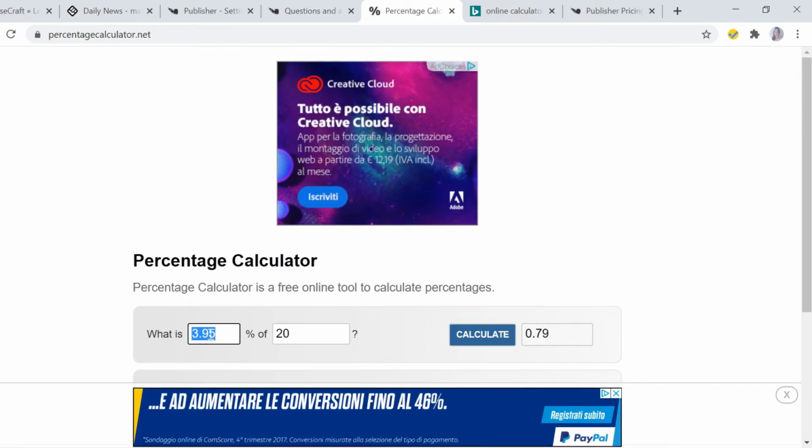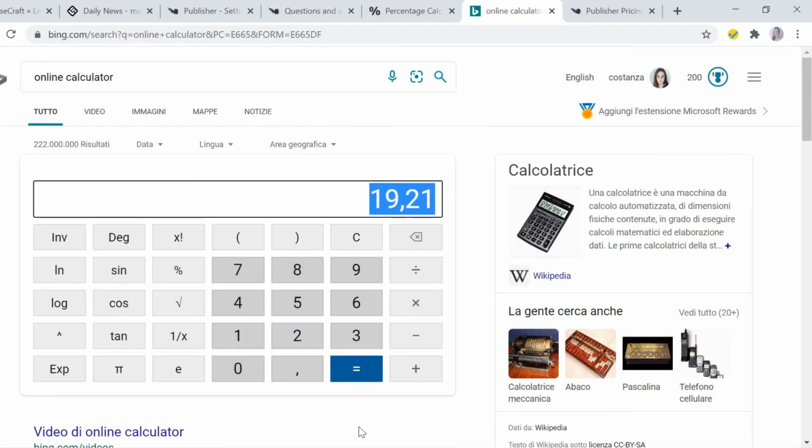Okay, let's do again 3.95% of 20, 0.79. 20 minus 0.79 equals 19.21. Okay? If you remember, you were earning 18 if you apply the 9% transaction fees and the